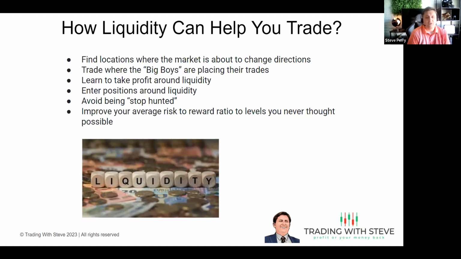And I think some of it does happen. I do think some of that is real. And so if you know where liquidity is in the first place, you can often avoid, often, not completely, but often you can avoid some of your losses. The other thing that's probably the most important detail about trading liquidity is it improves your average risk to reward